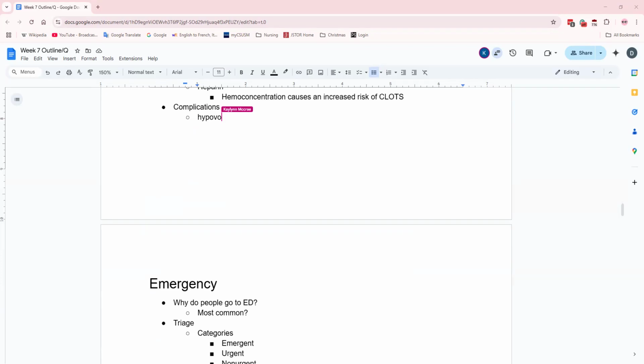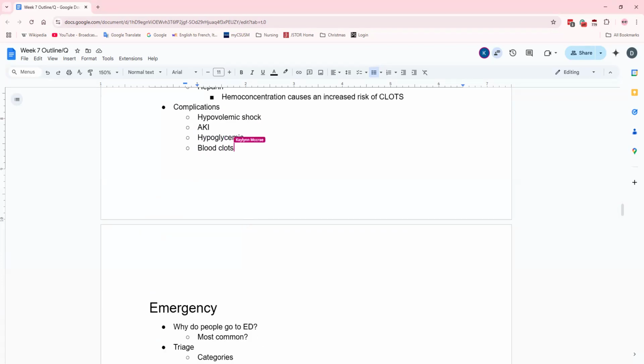Yep. Oh, I didn't write that. I thought I already did. My bad. Blood clots is another one. Same thing, we have our management as IV fluids, so we can end up going too far the other way and send them into FVO. Be especially cautious with your patients with pre-existing chronic health conditions such as chronic kidney disease or CHF, anything that reduces their ability to clear or manage their fluid balance, because we can very easily send this person into FVO. So just something to be aware of.